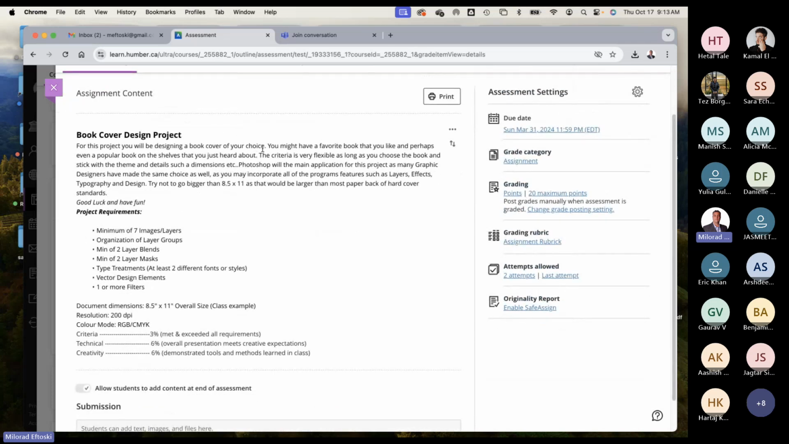So you're going to be designing a book cover of your choice. You might have a favorite book that you like, and perhaps even a popular book on the shelves that you just heard about or saw yourself. The criteria is very flexible as long as you choose the book and stick with the theme and details, such as dimensions, etc. Photoshop will be the main application for this project, as many graphic designers have made the same choice as well. As you incorporate all of the program features such as layers, effects, typography, and design,